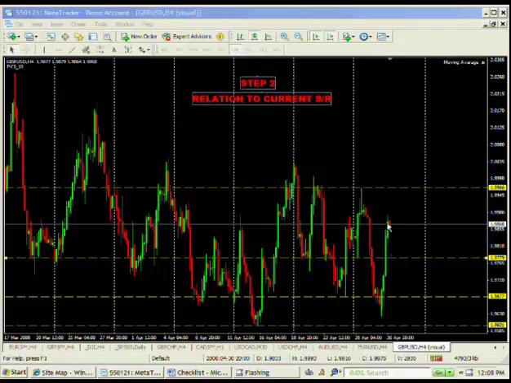Once we've moved this far, we've missed the boat, and we are better off looking for a turn and reversal and bounce back down off of current resistance,